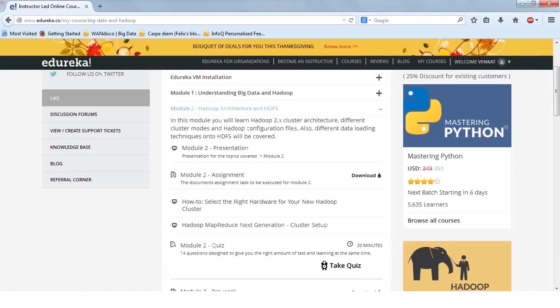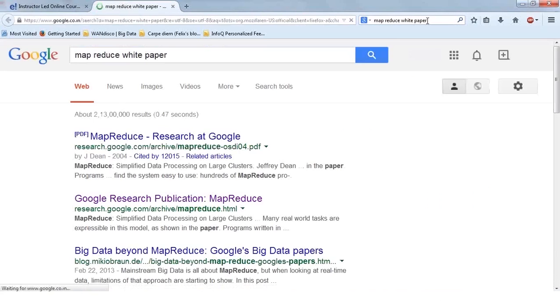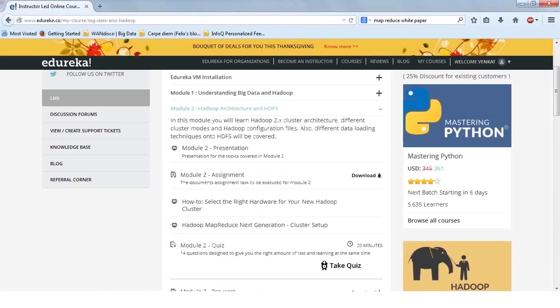So if you want to talk about MapReduce, you will have to go through the white paper. I would say that if you go down to the MapReduce white paper that was published by Google, Jeff Dean, in the year 2004, that is one of the best sources of information you will get. So my suggestion is to really look at this PDF, look at what they're talking about, and it is absolutely fabulous. That will give you a very good idea about how MapReduce works. Okay, so that's the whole idea about how it would work. Let me close this. And if you look at the slide,